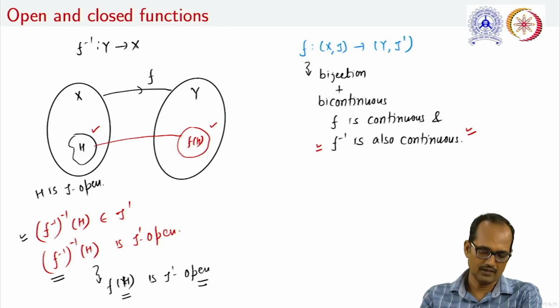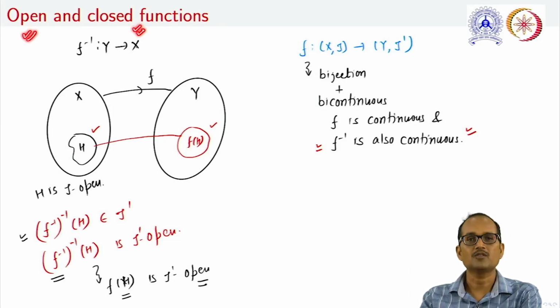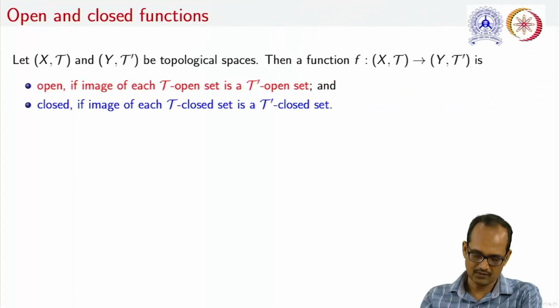And when we are talking about open functions, the question will come, what about closed functions? So we will also discuss it. We will discuss the possible relationship, if any, between open and closed functions and their characterization in terms of interior as well as closure. Begin with, let (X, tau) and (Y, tau dash) be topological spaces